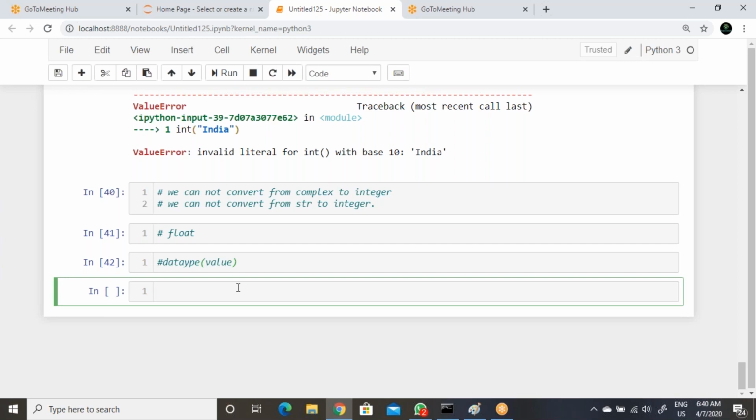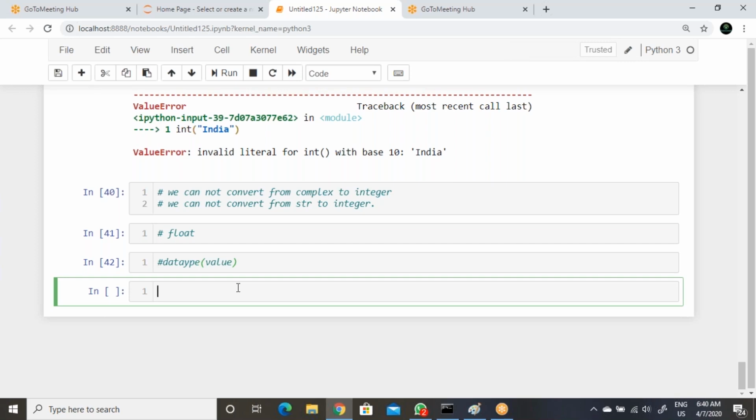Now let's see float. Take any value, like 10. This is converting from integer to float. Now execute. So 10.0 is coming.